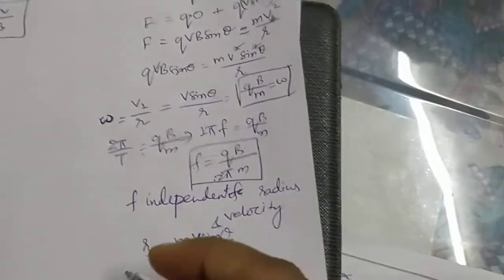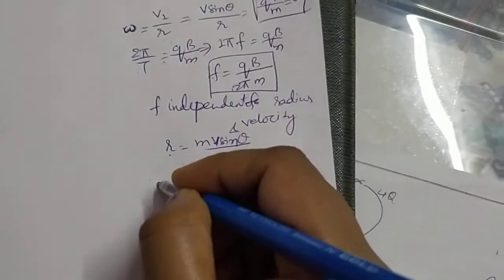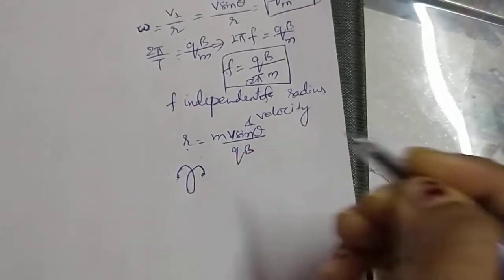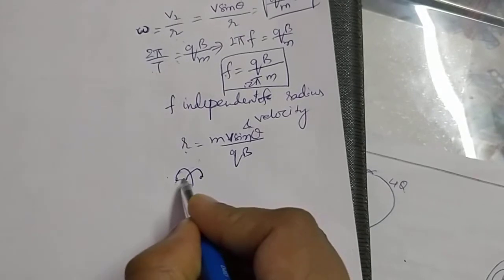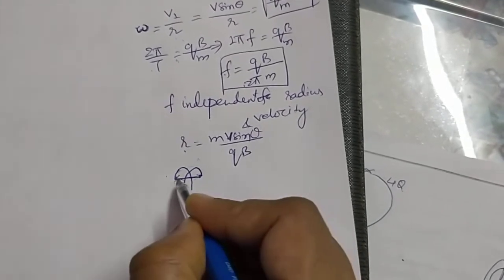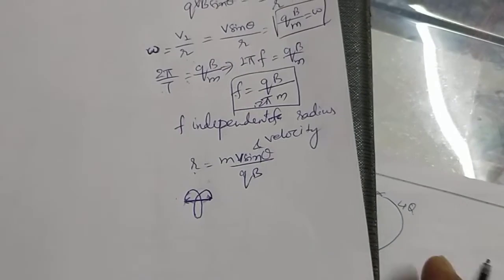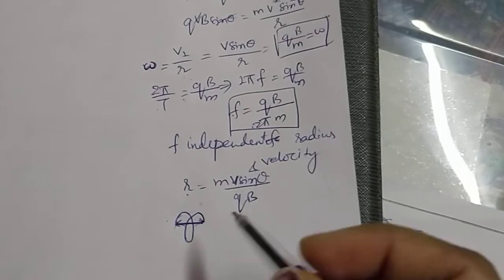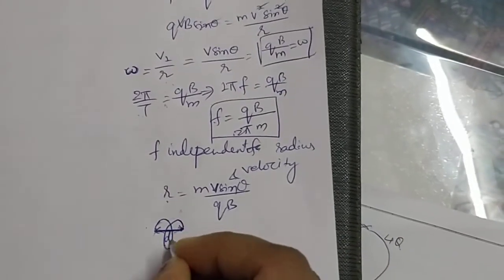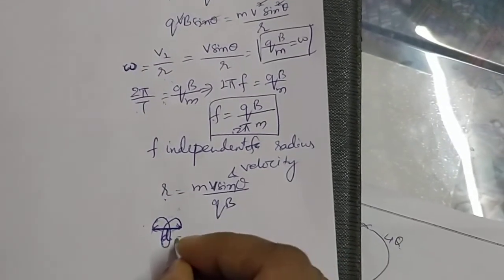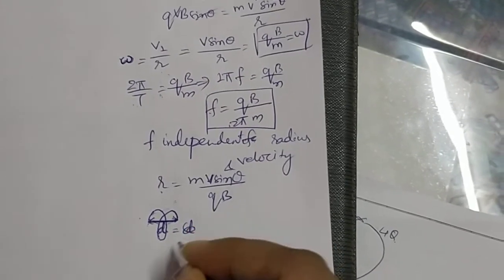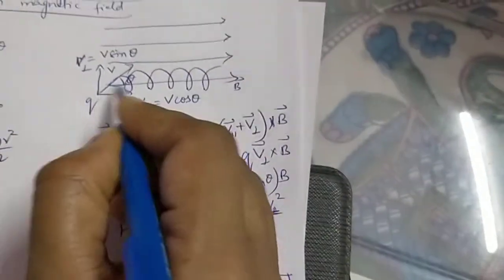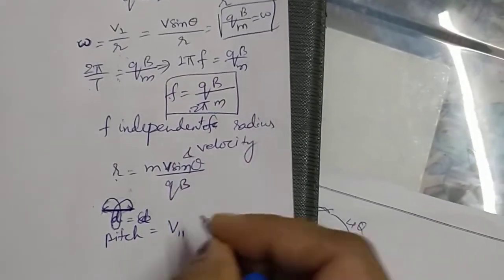Now when a particle is moving in a circular path, if it starts from here, in one circle it will reach here. In this one circle, this linear distance is traveled by the charged particle. This linear distance is called pitch. If you remember experiments of 11th class, what is pitch? It is the linear distance traveled in one complete circle. So if this pitch is d, how will you find d? Pitch is equal to the velocity in this direction, v parallel, into time period.